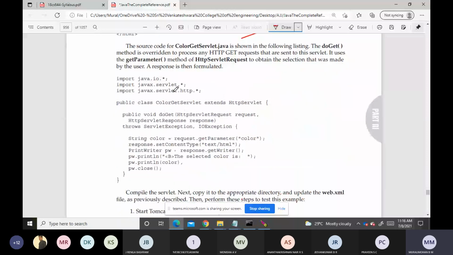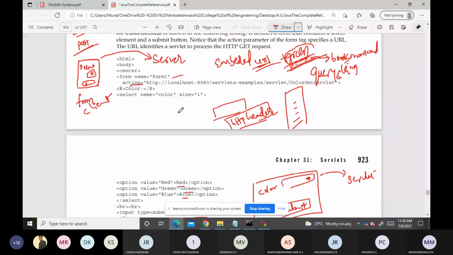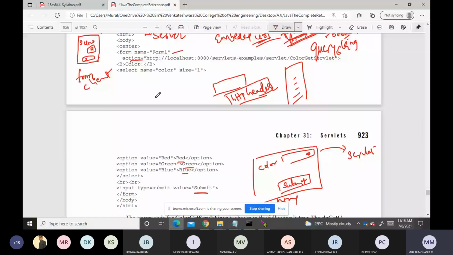We use the doGet method because the form method we are using here is get. Observe that we are overriding the doGet method with respect to this servlet.